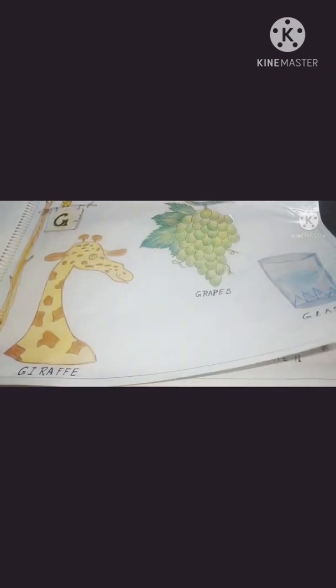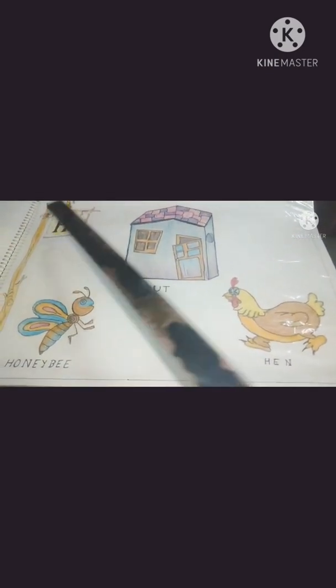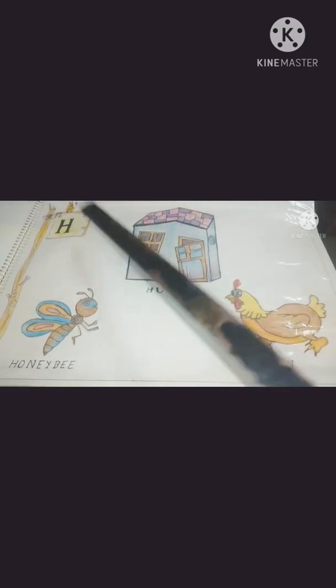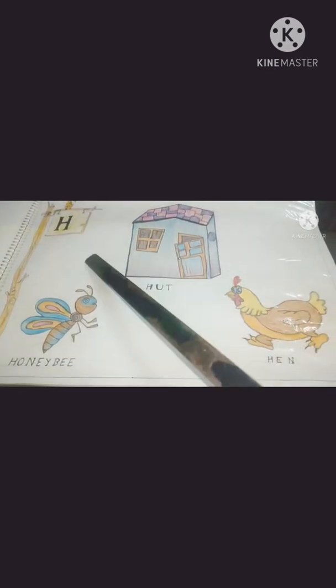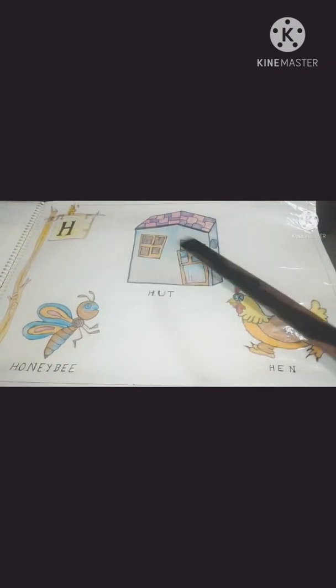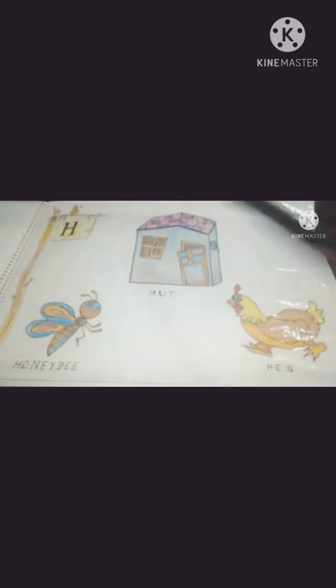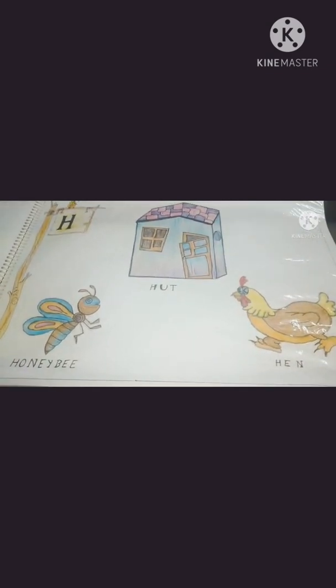Now, which letter comes after G? H. Yes, H. H for hut, H for honeybee, H for hen. I repeat, H for hut, H for honeybee, H for hen.